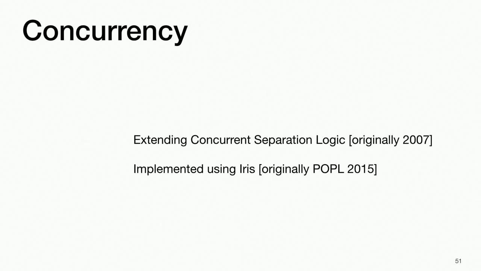So the first is the big limitation of Argosy is that it's sequential. It only supports sequential storage systems. So we're now working on a story for crash safety combined with concurrency. The way we're doing that is instead of extending Argosy, we're taking the ideas from Argosy and extending an existing